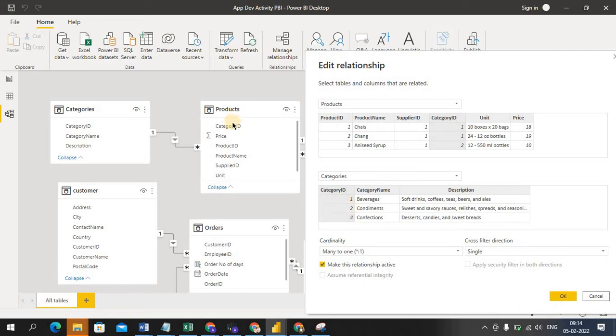This product is many. Star is nothing but many, in the sense this category ID can repeat multiple times. You can see here one, the unique, but here are duplicates.